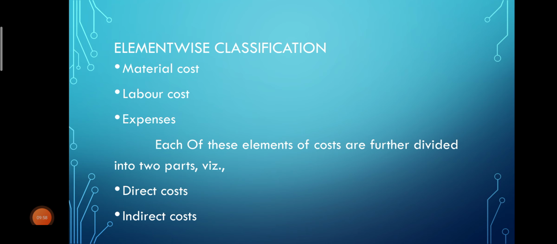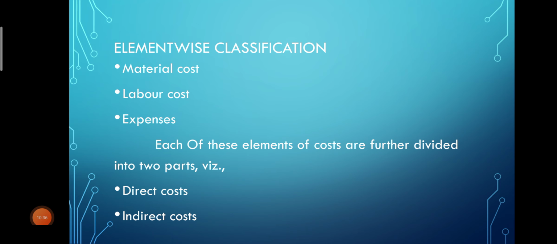Now this is the classification under element wise. We have seen material cost, labor cost and expenses. Material cost means whatever cost of commodities you have incurred for production of goods and services, for business purposes. Under material cost, we have direct material cost and indirect material cost. Direct material cost means